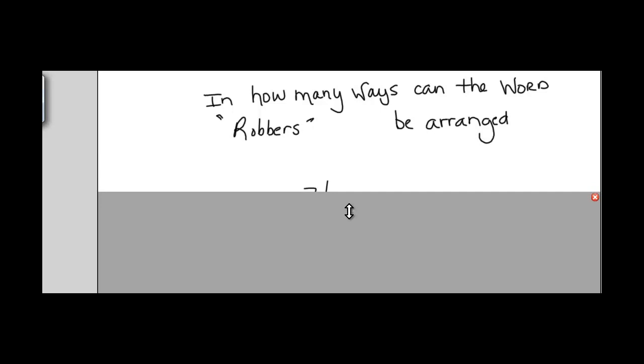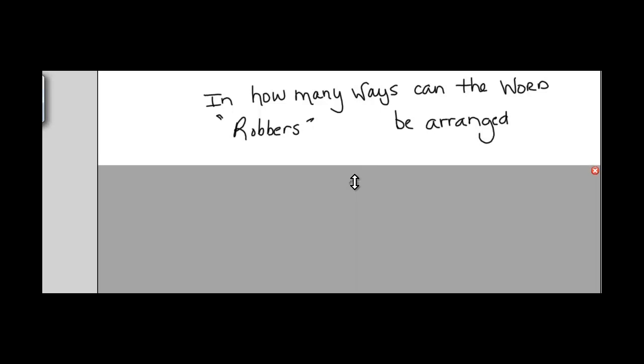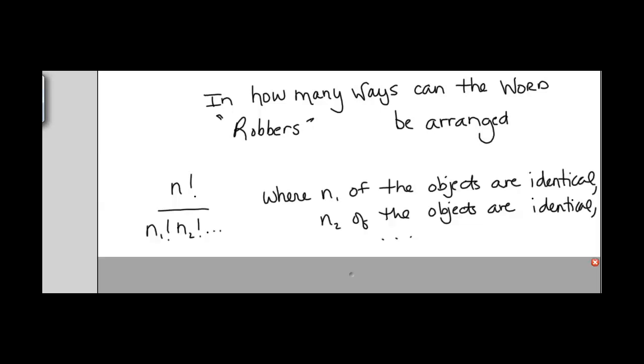Okay, so the formula actually states that if we have a number of distinct permutations of n objects, where n1 of the objects are identical and n2 of the objects are identical, and so on and so forth, then we can figure out the total number of permutations. So we're looking for duplicates here. So in this particular problem,